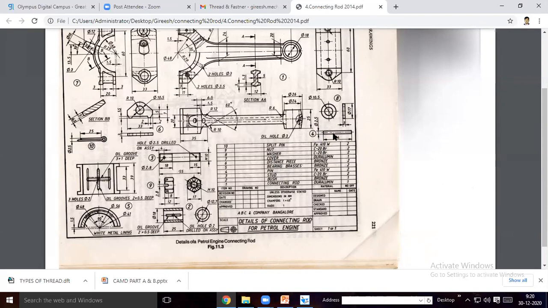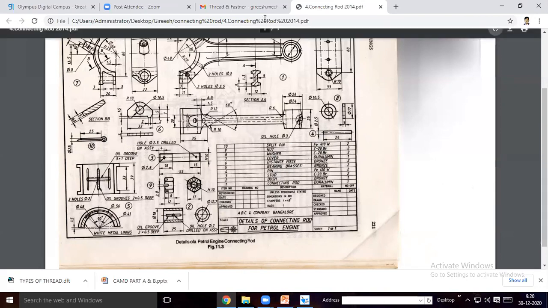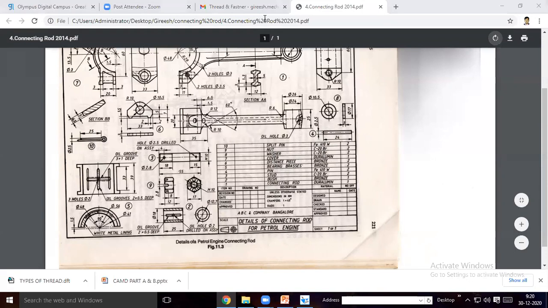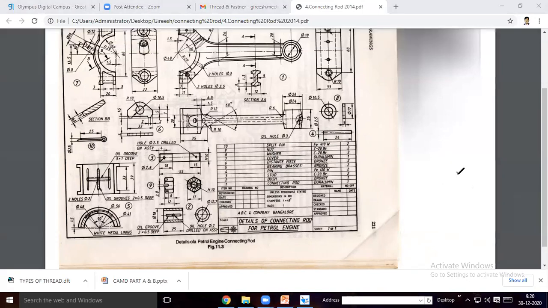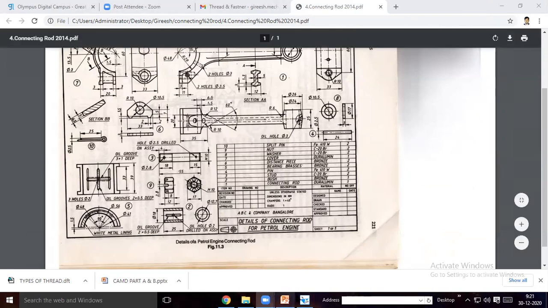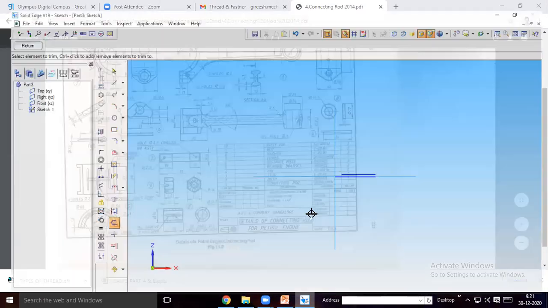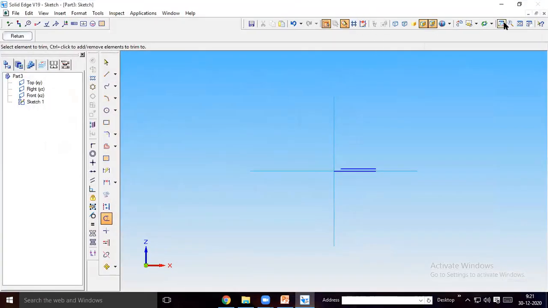Revolve protrusion, do it. So you draw this profile like this. Select revolve protrusion like this and draw the profile like this. And then give revolution. You will get a pin with a bulge at one end. Like that you can do it, because even the examiner will not do it 100% accurately, if you feel it is a complicated profile.